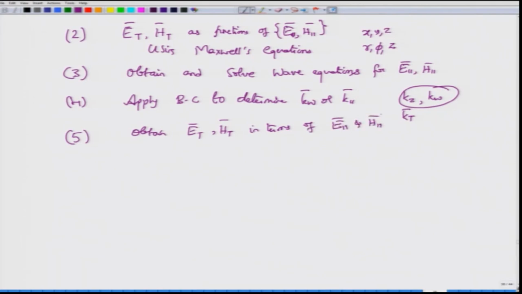We have already written Et and Ht in terms of these, but once I know the solution for E parallel and H parallel by following this 4-step procedure, the fifth step is to go back to this step and then obtain the solutions. These solutions of course have to satisfy boundary conditions as well, and this will allow us to obtain the transverse mode form f of u and v. Okay. So, this 5-step procedure is what we are going to follow in the next few modules to understand different